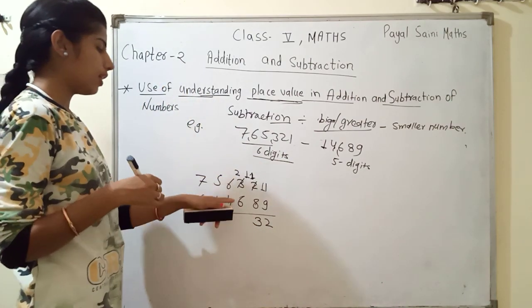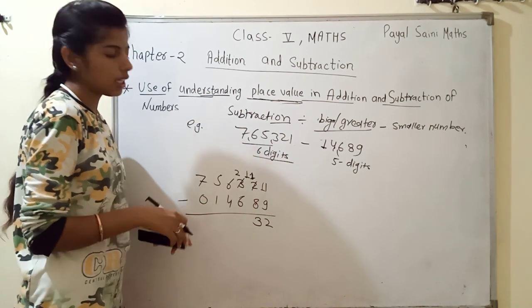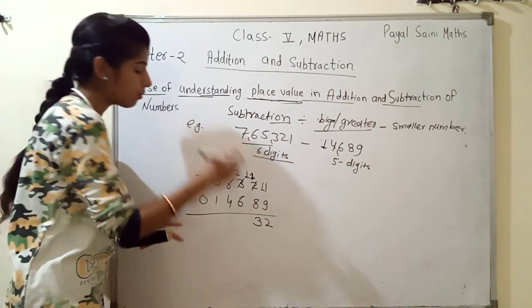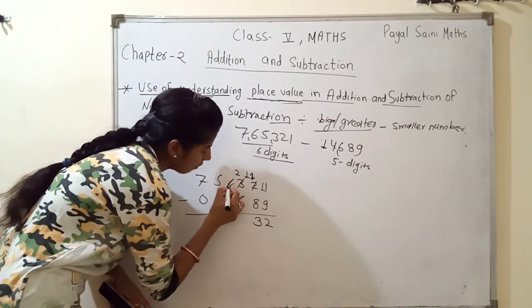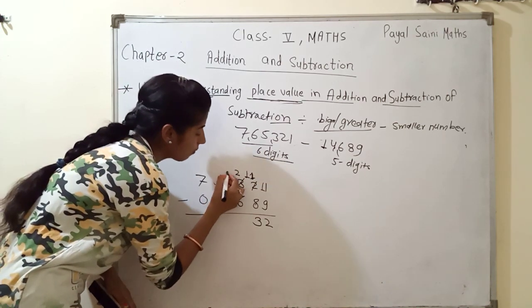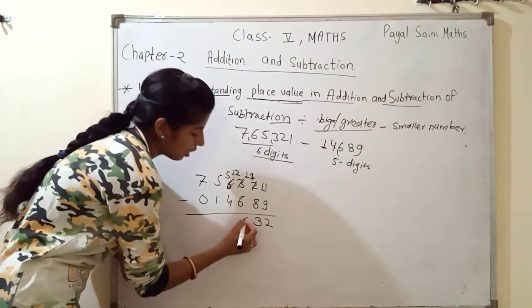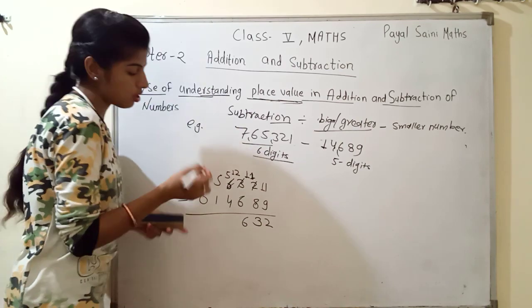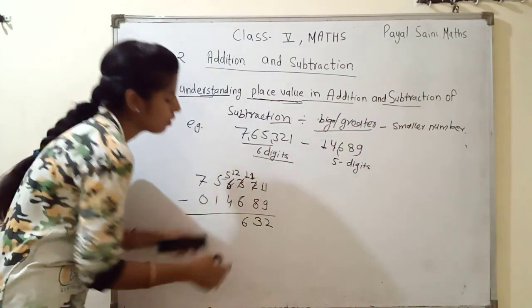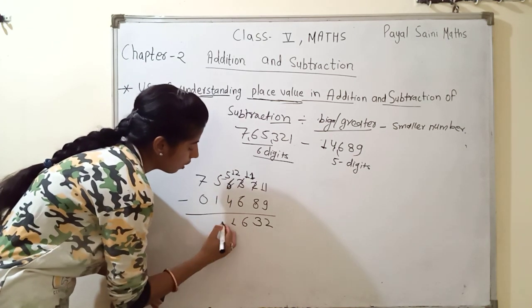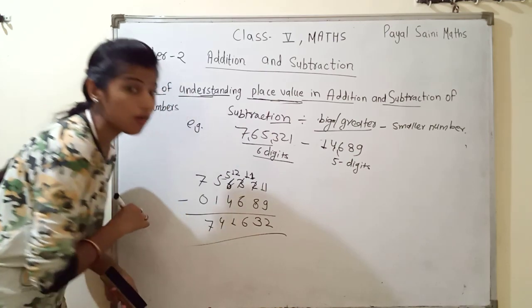Now again you can see here is 2 and here is 6. 2 minus 6 is not possible. Then how do we solve? Borrow from the next digit. Here the next digit is 6. Then we borrow from 6. Then 5 is left and it makes 12. 12 minus 6, 6. Now 5 minus 4 is possible. Why? Because 5 is bigger than 4. Then 5 minus 4 is 1. 5 minus 1 is 4. And 7 minus 0 is 7. That is your answer.